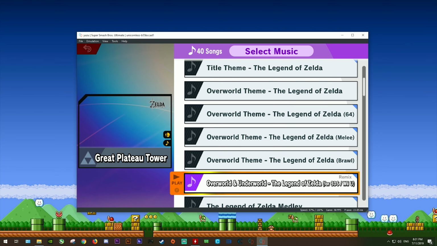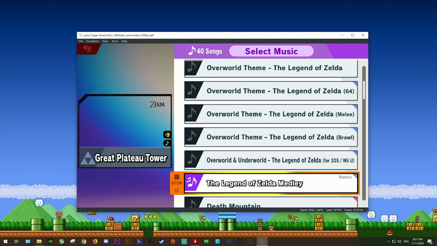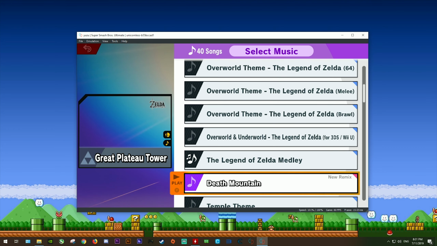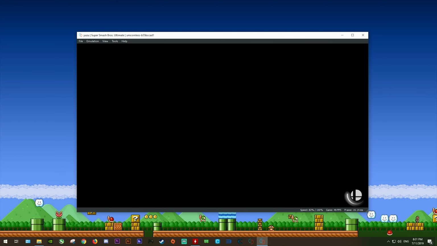Again, as expected, they play back the exact same as they did on the previous build. Since none of this playback was an issue there, I didn't expect it to be an issue here. So let's just turn off this song and come here and actually select the Great Plateau Tower. And again, we're not going to have to wait 10 minutes to load into these menus, and pretty much straight